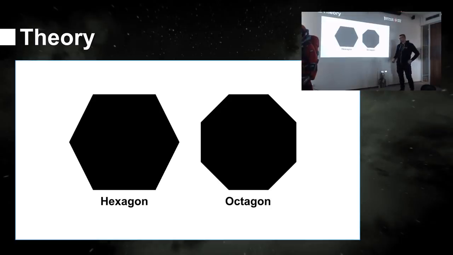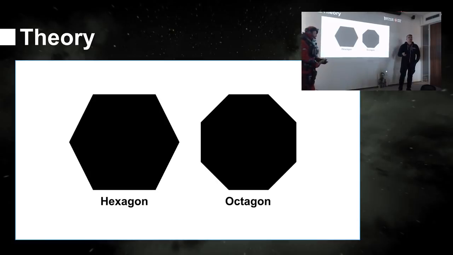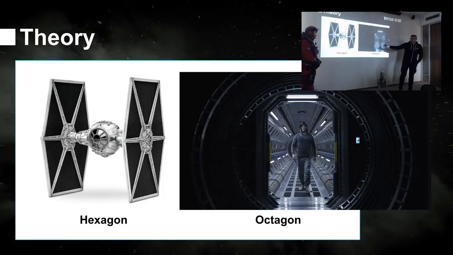All right, so another very important thing that we respect here, as I said, is shapes, because this is one of the most important design languages, shape language. So as you can see, if you want to be able to do something in sci-fi design, you want to be friends with these two guys, hexagons and octagons. Because pretty much everything that you see in modern movies is made of these two cute guys, hexagons and octagons. For example, this is pure hexagons. Octagons